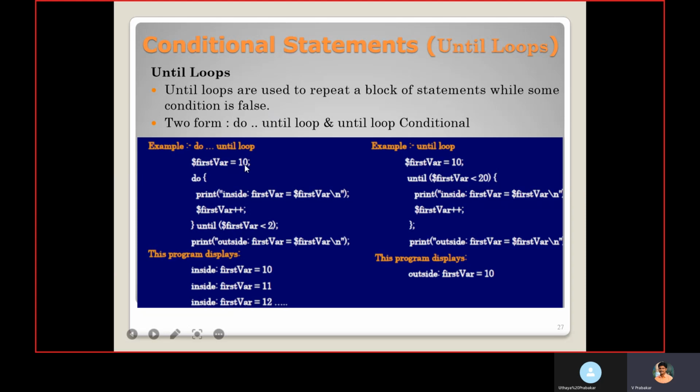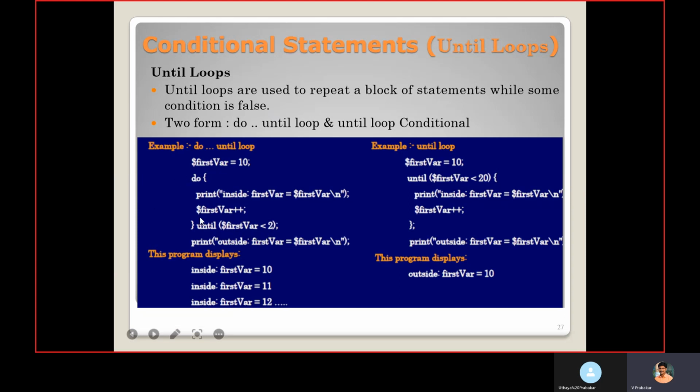So here the value is 10 for first VAR. In the do, we are printing first VAR and the value is 10. Then we are incrementing by 1. Now the first VAR value is 11. Here it is checking until 11 less than 2. Here it is false.